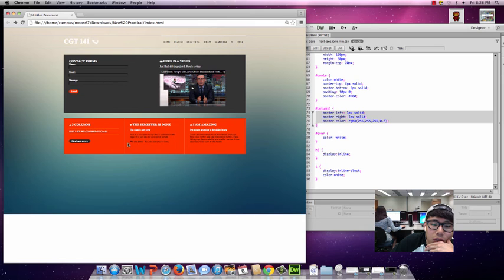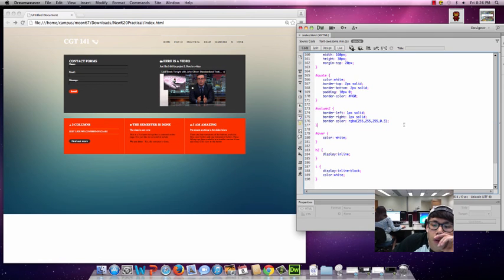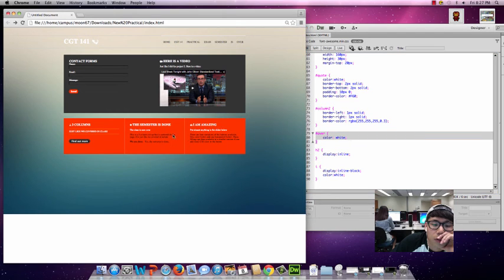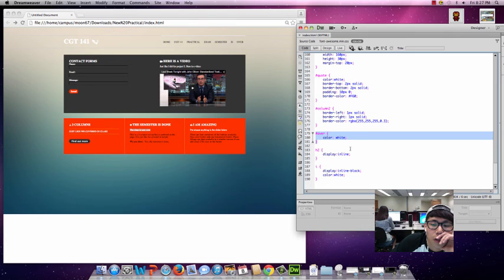So it has 1 pixel solid borders to each side of the box. And this one makes the solid line a little bit transparent. This hover is also applied to this class, and H2 was for this one,